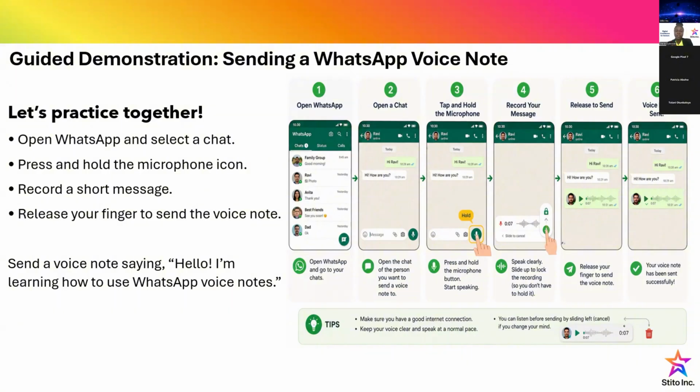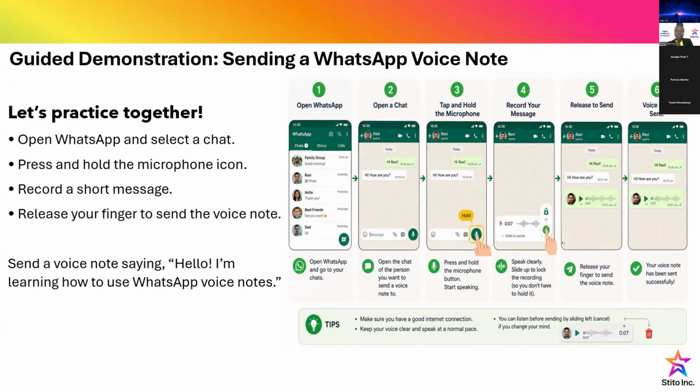Sometimes you can just swipe the microphone up. But whatever you say, most times it will just be sent automatically. You won't be able to listen to it. So that's why I'm not using that method for this class today. So make sure you click on that microphone and hold it. Don't swipe it, just hold it. Say every message you want to pass across to that person. And then when you are done, release your finger. The message has not been sent, but it is there.